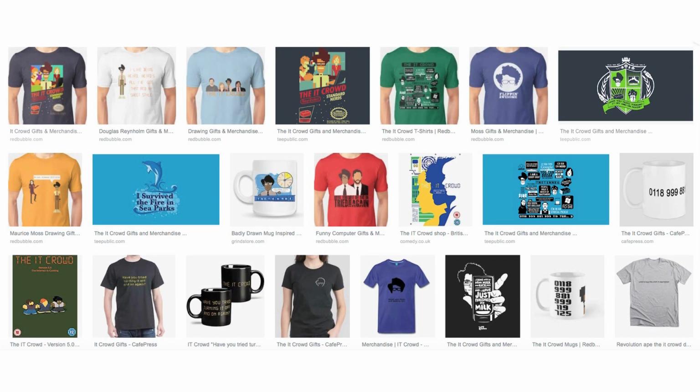Some companies try to cash in on the popularity of programmes and they make what's called unofficial merchandise. Now, unofficial merchandise is anything that has not been legally and officially endorsed by the programme makers. It is against the law, but people will do it anyway because they know they can make money from it. And there was a huge amount of unofficial merchandise made for Friends. And because there was no official merchandise made for The IT Crowd, a lot of people made their own merchandise and a lot of companies took advantage by making t-shirts and mugs and pens that they knew would sell to fans of the show.